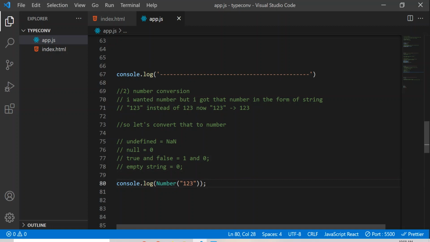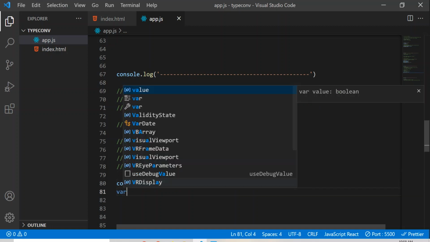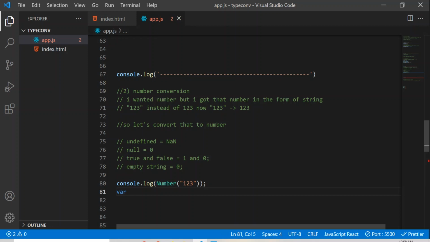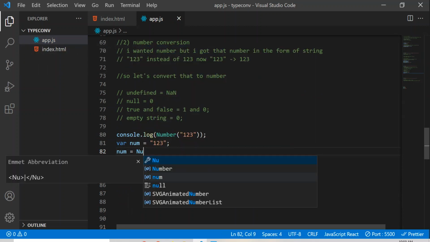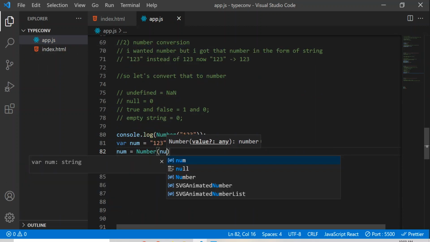Now actually I want to show you this by passing into a variable. Let's say variable num equal to "123". Now num equal to Number of num.